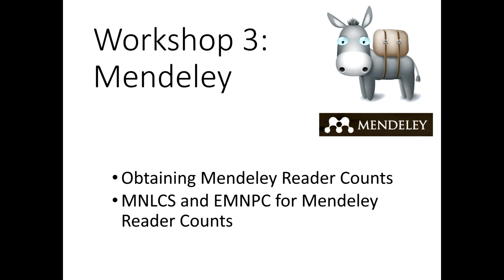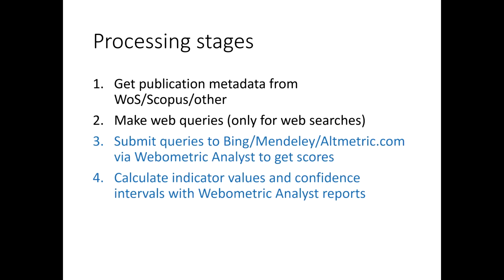For workshop 3, we're going to focus on Mendeley for its alternative indicators. The alternative indicator is Mendeley reader counts. We're going to first gather Mendeley reader counts, and then we're going to calculate MNLCS and EMNPC for Mendeley reader counts. This covers steps 3 and 4 of the processing stages. Step 3 is to submit queries to, in this case, Mendeley through its API in Webometric Analyst, and step 4 is to calculate the indicator values